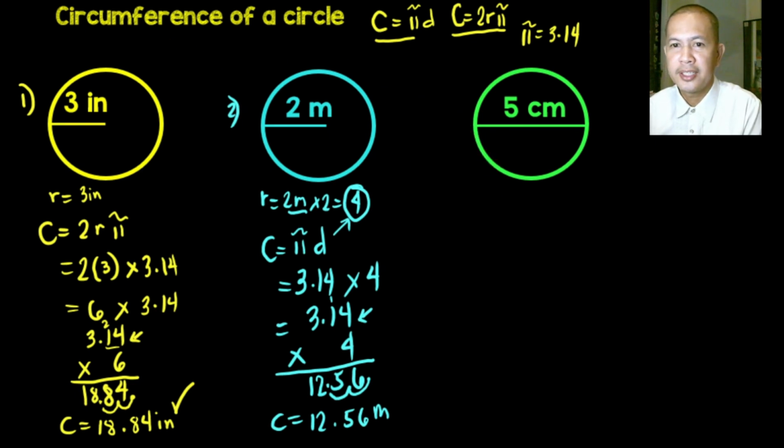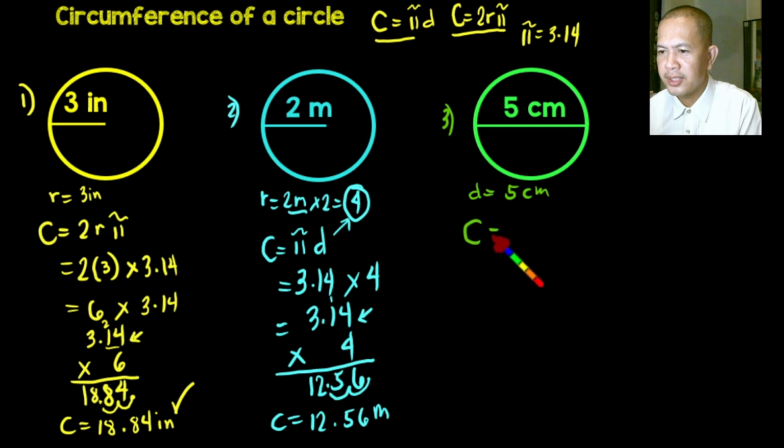Let's proceed to the final example. We have here 5 as our diameter. So our given here, our diameter, is equal to 5 centimeters. We can apply the formula circumference is equal to pi times diameter. Substituting the value of pi, which is 3.14, multiplying that to our diameter, which is 5, we can write that vertically: 3.14